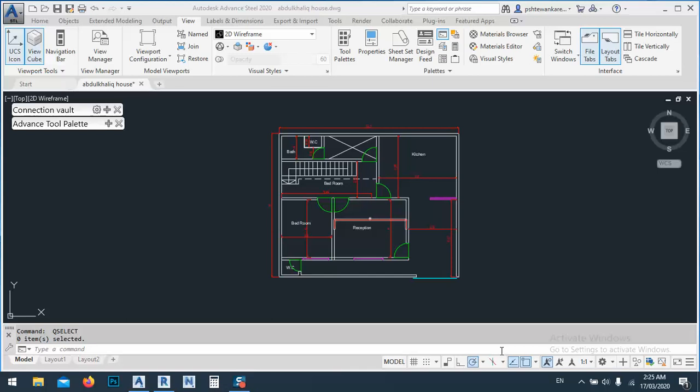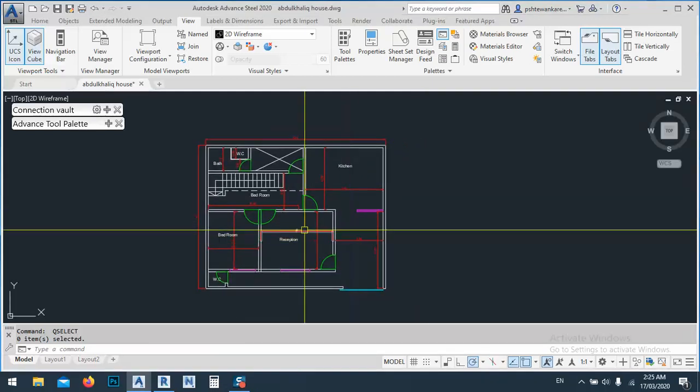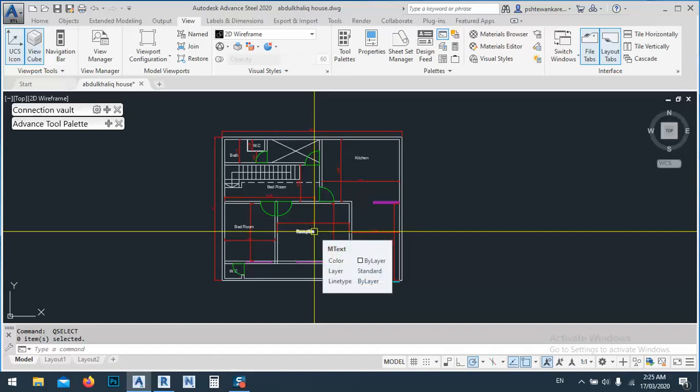In today's lesson I would like to show you some techniques in AutoCAD, and let's see how we can use them. But before I start, I want